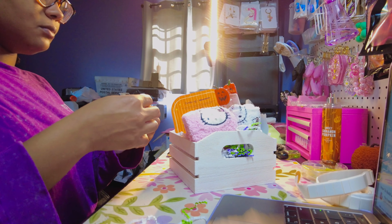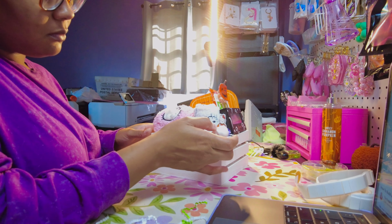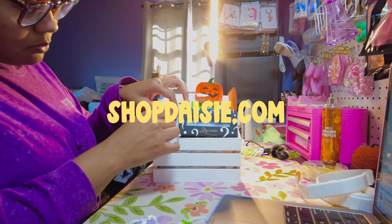Was a custom request basket, but I did end up making a second one. So the one that you're watching me make is the one that I currently have available on my website, shopdaisy.com,